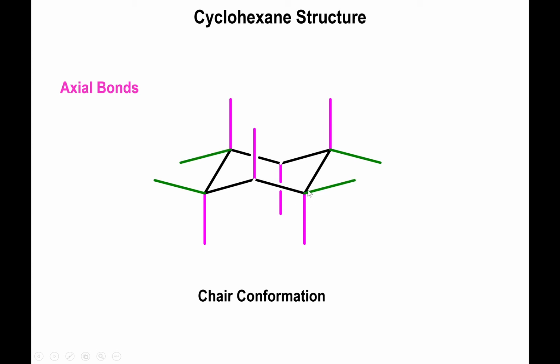Then the carbons right here, in a similar fashion, these bonds are technically going up from the point of view of this carbon, so this bond goes up. These bonds are going down from the point of view of this carbon, so the bond right here also goes down, but it's always in the opposite direction. So these ones go down technically to the front of this carbon, so this one goes down to the back. These ones go up to the back of this carbon, so the bond that you draw right here is up